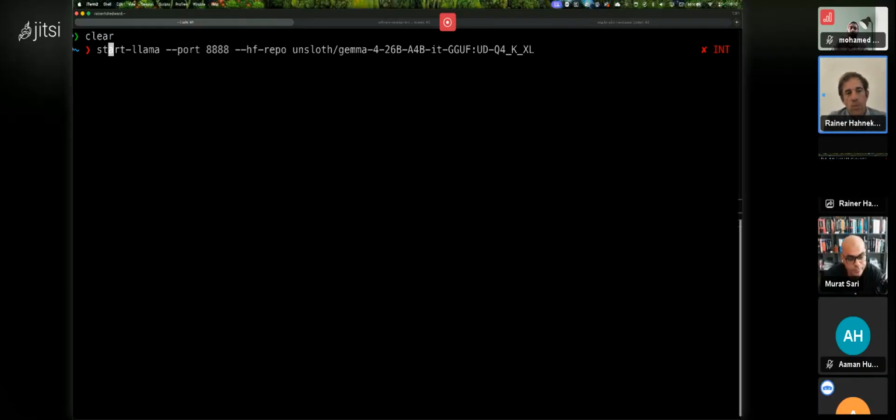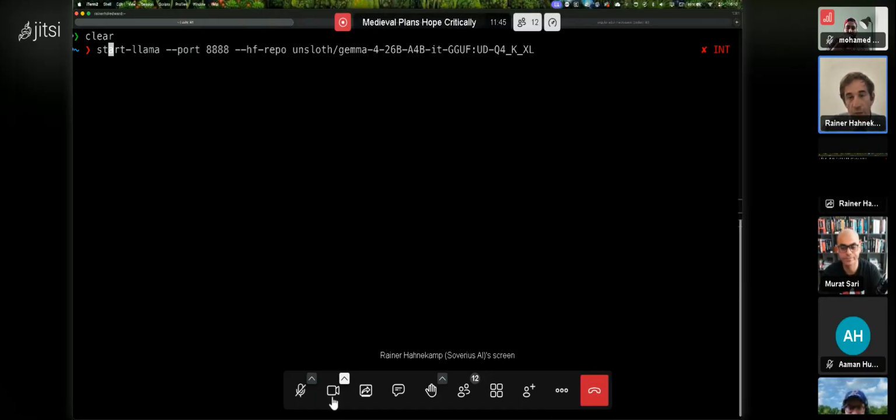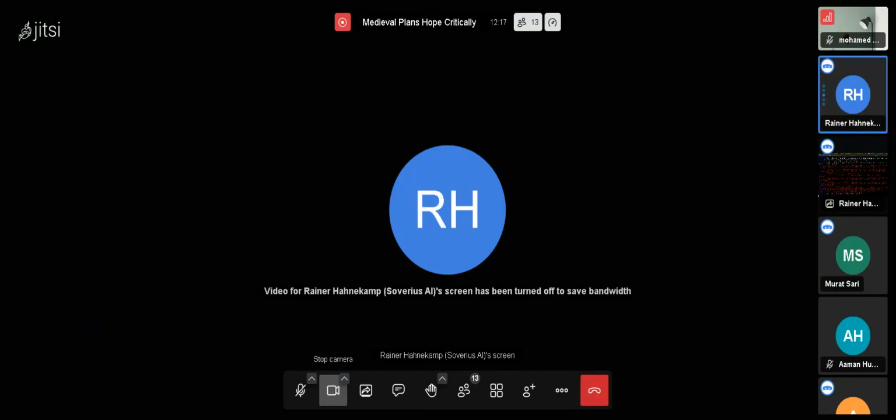And as you see here, you are saying you want to run it on port 8088. And what Llama then wants from you is that you need to give it the path, or at least the name of the model that you want to use. And it is important that this is an open weight model, so it needs to be possible to be downloaded. It also needs to come in a proper size so that it fits into your memory. In my case, we are using here Gemma 4. That is not a Chinese model, as most of the open weights are. That's a model from Google. Comes with 26 billion parameters. It's not so important, but let's just give it a start.